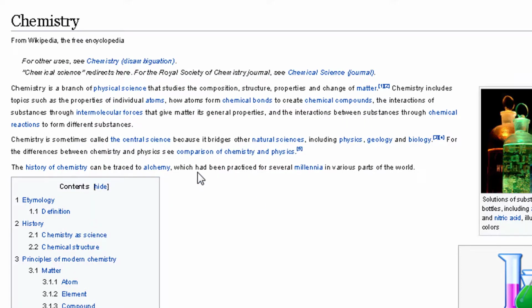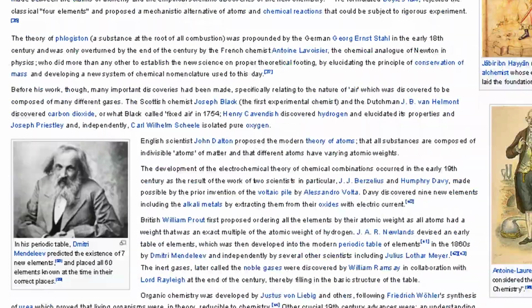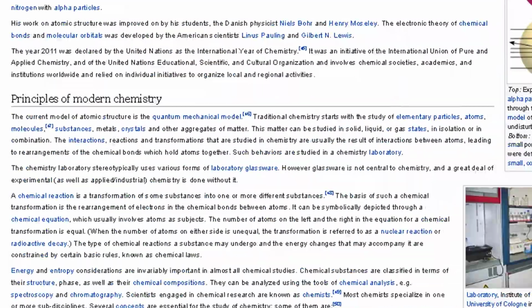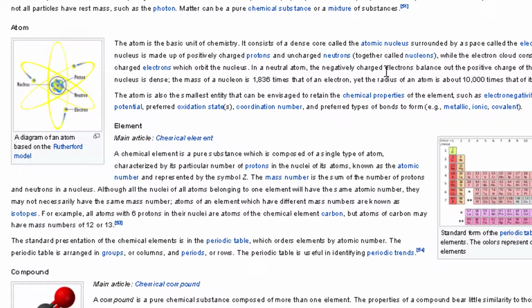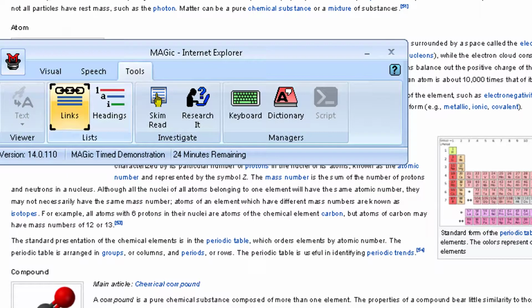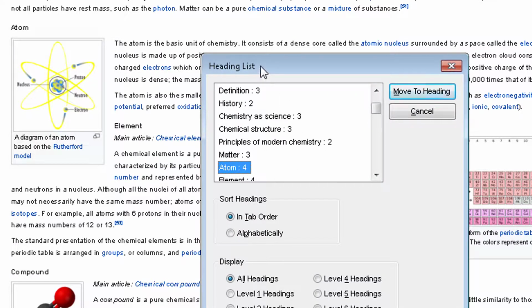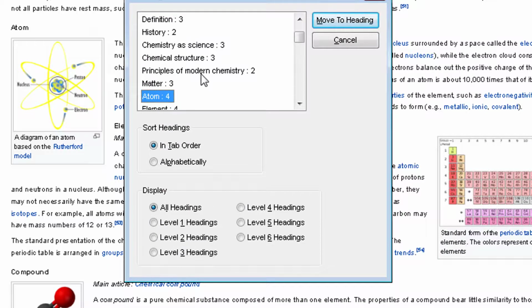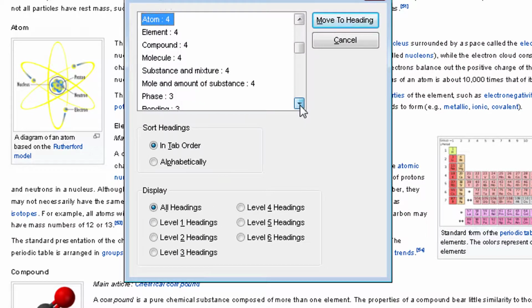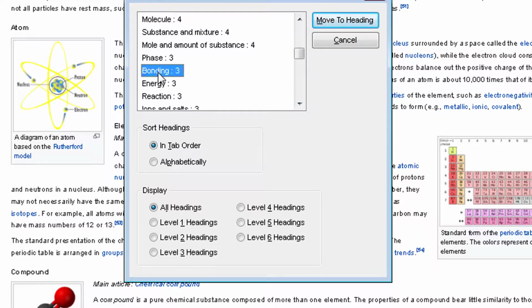The next area we're going to look at is how the document can be read using headers. And so I'm going to scroll down through the Wikipedia article and show you some of those headers. Then I'm going to click on headings on Magic, and a list of headings show up. And I can then scroll through that list, which makes it very simple for someone to navigate inside a